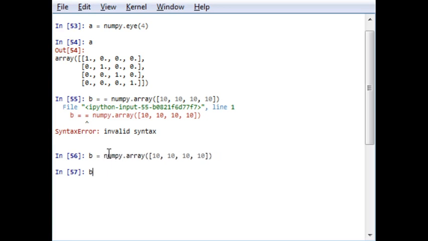So B is this, 10 10 10. So the output of the array will be somewhere like that, that C is equal to A plus B.